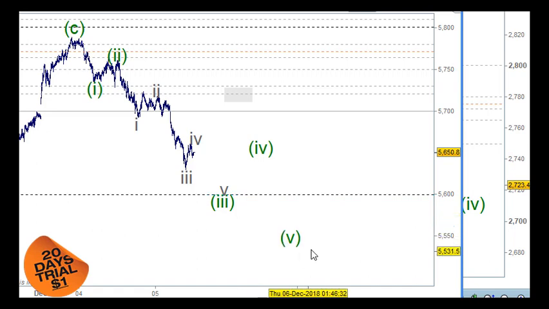The question is that this could also be a low in place here, and we could see the market move up from there. But if we see it move up in a corrective pattern, then we'll be looking for a short to the downside. And the short to the downside would move quite quickly to the downside. So we need to be mindful of that.